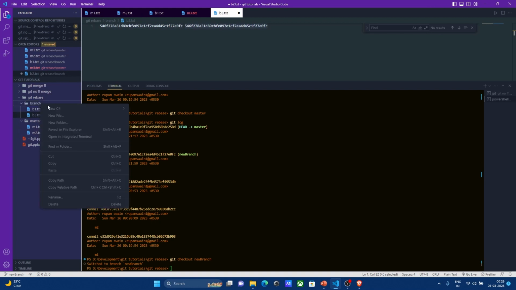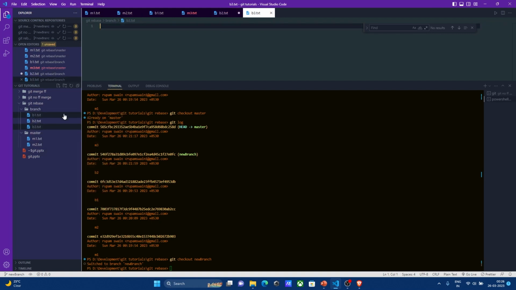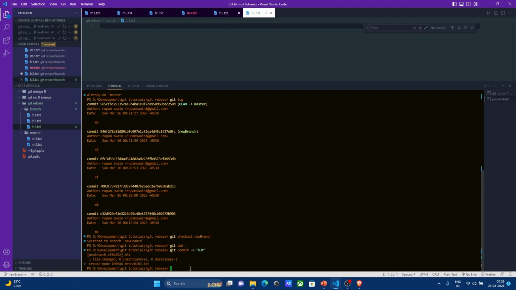Let's add another file here, a new file called v3.txt, and we will commit this. Git add dot, git commit -m with v3.txt. Let's keep it v3. Now our master branch is ahead of this v3 branch. Okay,